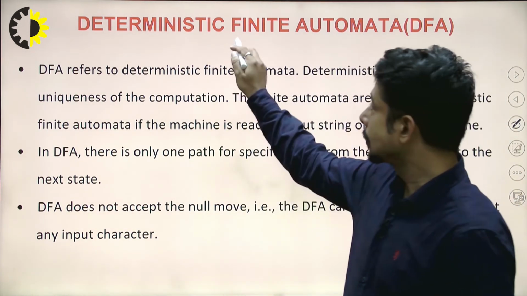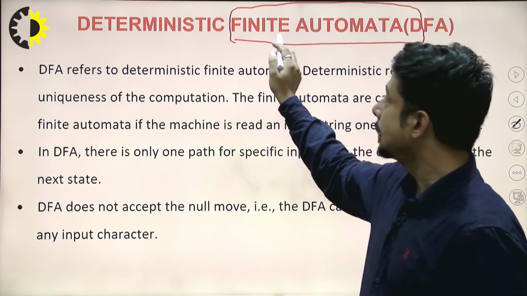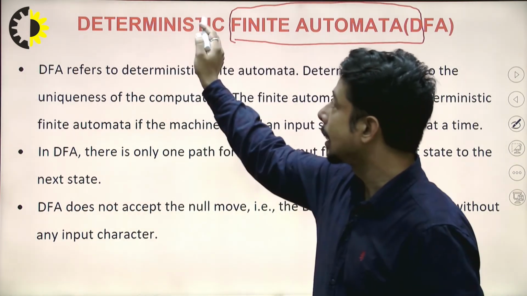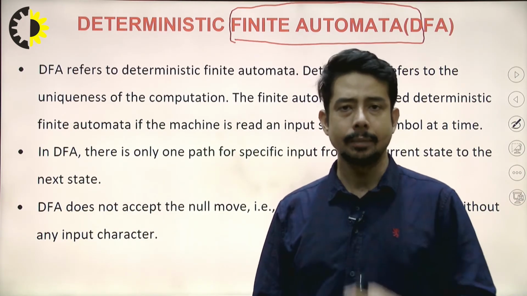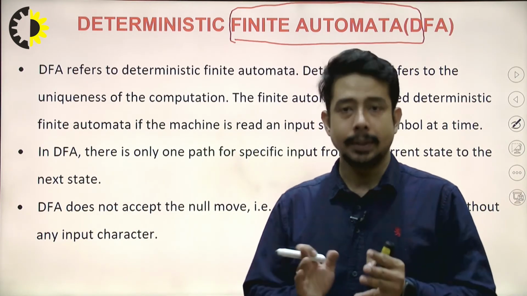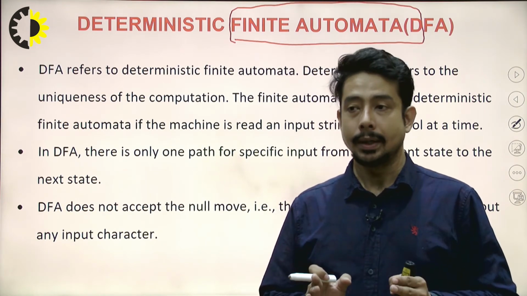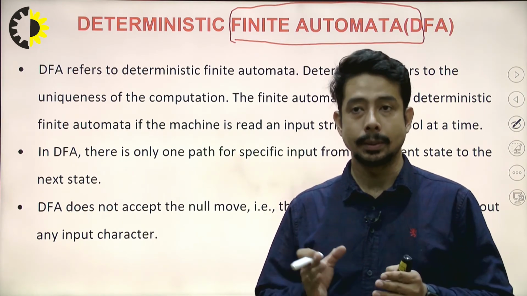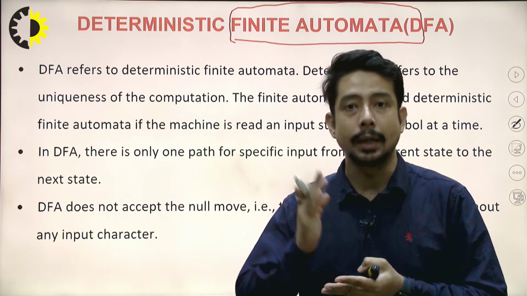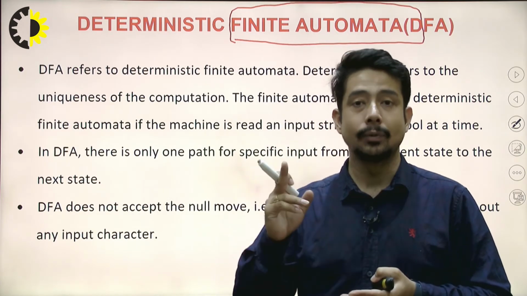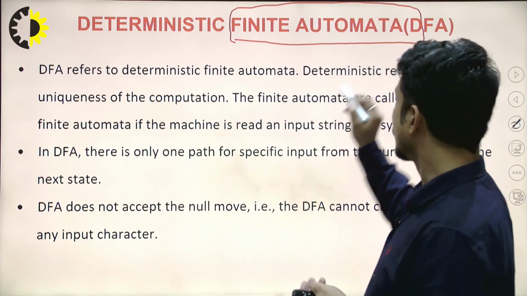First of all, we have already understood the concept of finite automata, right? In this finite automata, I have added the terminology deterministic. Deterministic means this particular machine is determined. This machine has a transition for a particular input alphabet, exactly one, not more than one, not less than one. That means if I say a particular state,